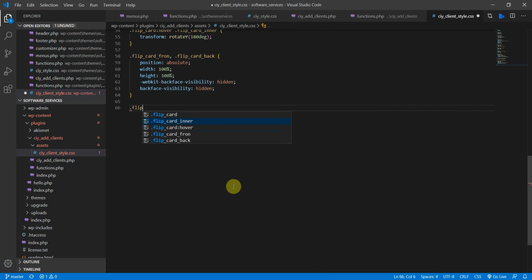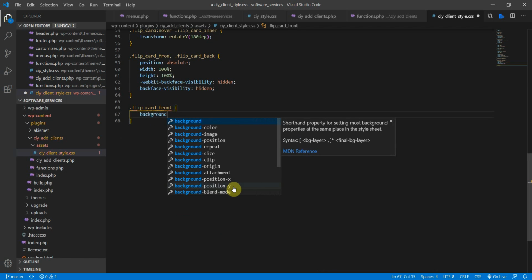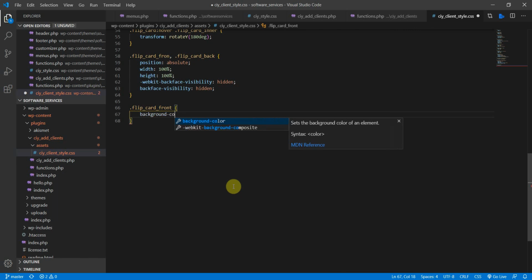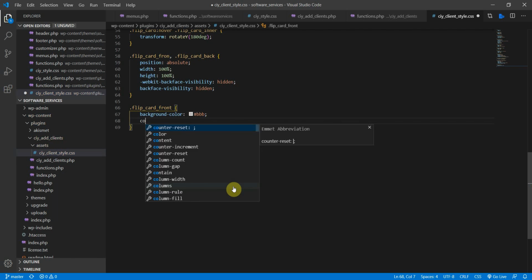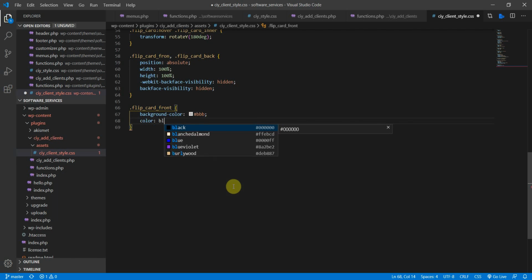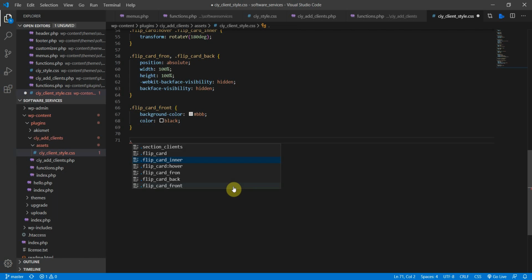So flip card front, put a background color, a little grayish, like this. Then the color of the text needs to be black. And then the flip card back,